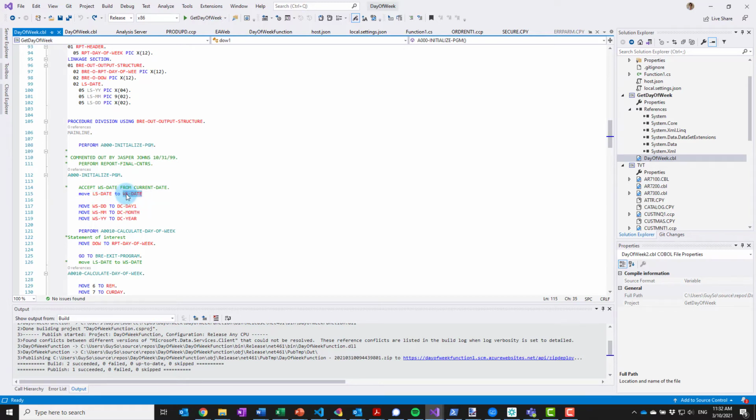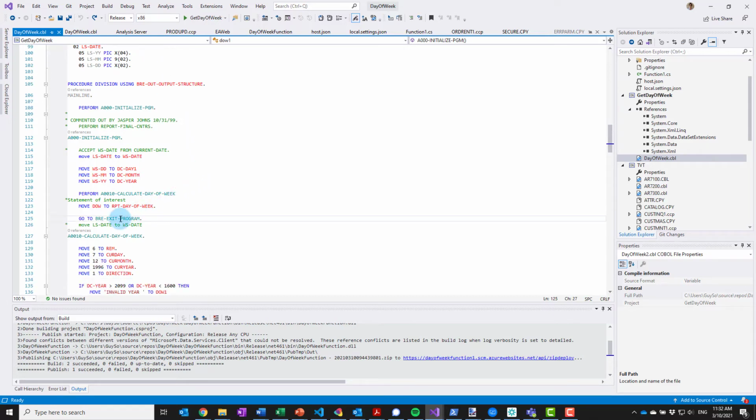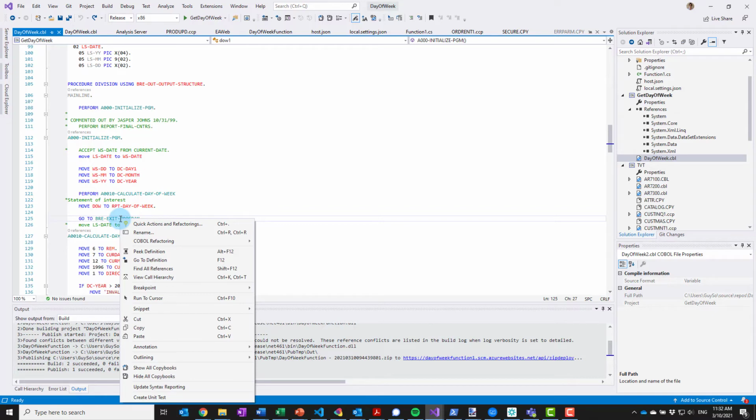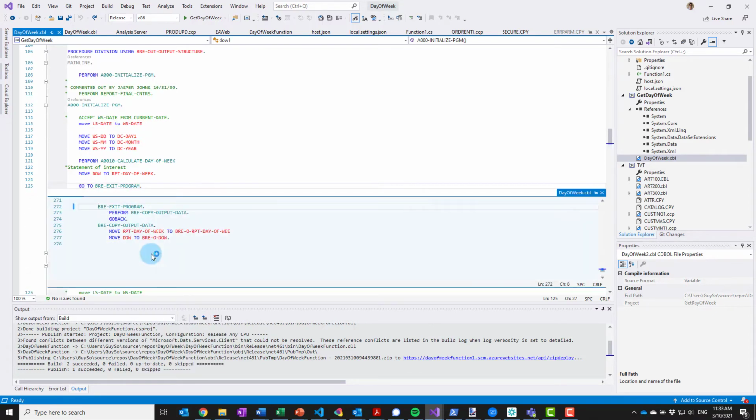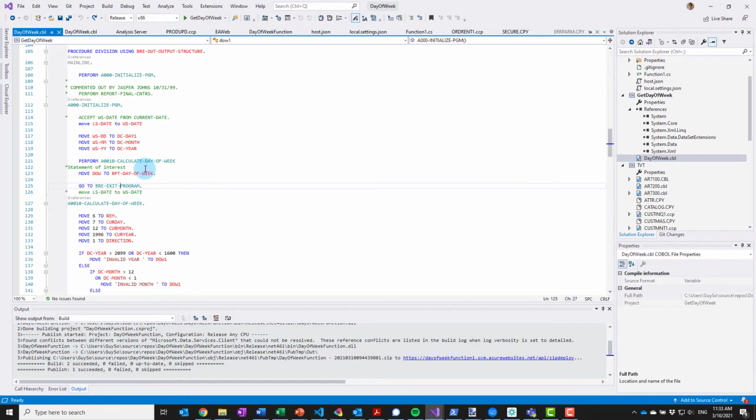This will be the input of the date, and this will hold the output, which is the day of the week for the given date. And we can see that when we exit this new program that we created, there's automatic code that has been generated to copy the result into the linked section, so it will be available for the calling program.